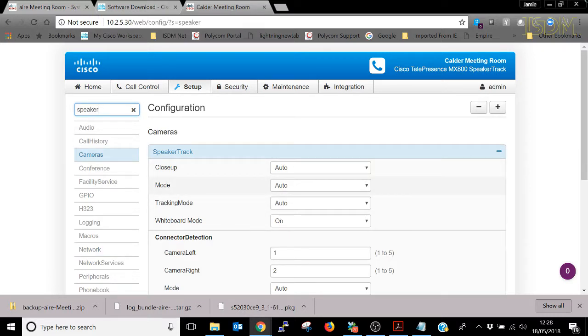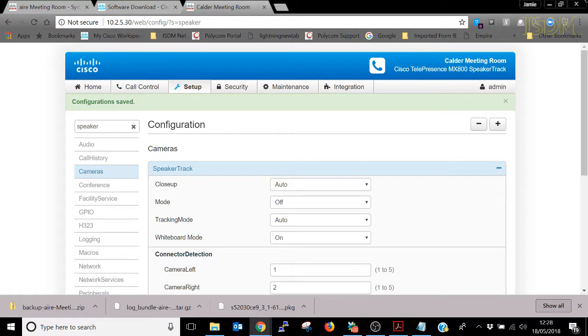And then what we are looking for is SpeakerTrack Mode, that is set to Auto. We're going to switch that off. We're going to save the setting. Now on this version of firmware, save is up here. On some versions of firmware, save will be down here in the specific section. So if you click save and we go back to Call Control,